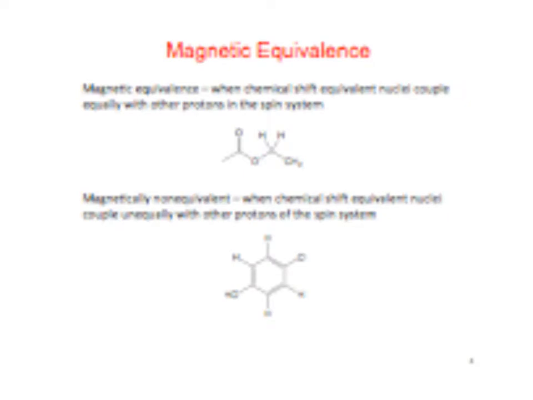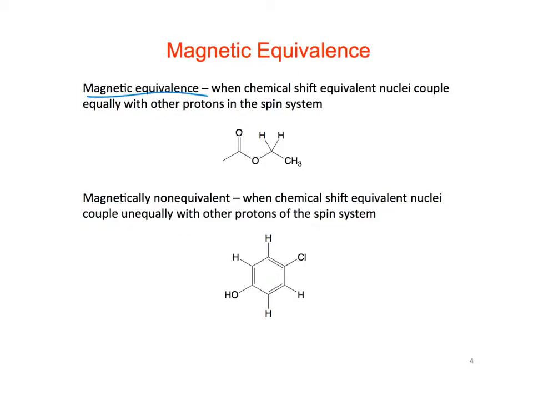All right, so let's look at something else, though. We've looked at chemical equivalence, which we talked about based upon symmetry or based upon doing this substitution, substituting an H for a deuterium in one structure and substituting the other H and looking at the relationships. We're going to look at something that's called magnetic equivalence. Okay? Magnetic equivalence is when the chemical shift equivalent nuclei couple equally to other protons in the spin system. So what that means is that if these 2 protons are